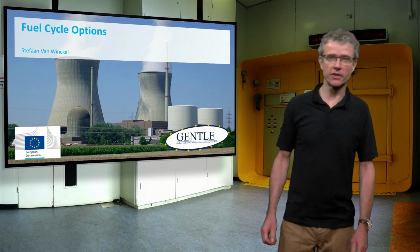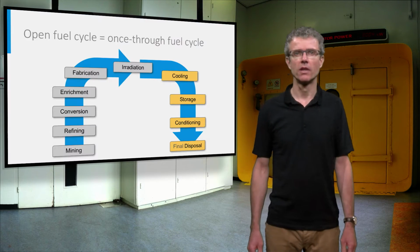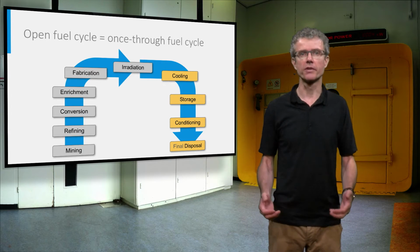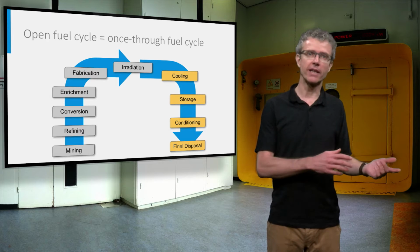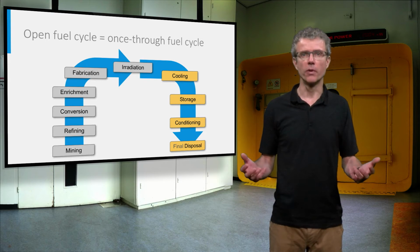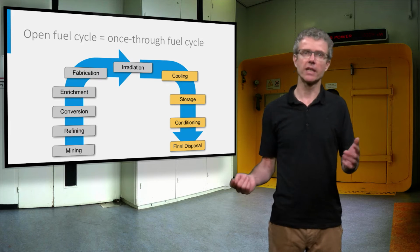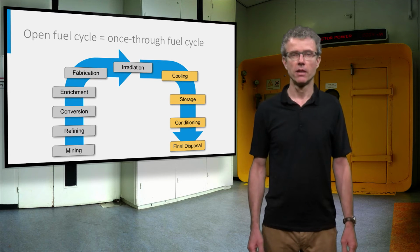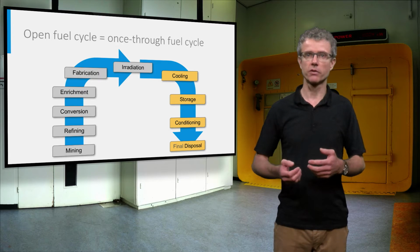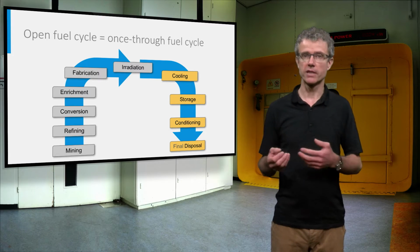Now we will discuss different fuel cycle options. So far, we have discussed all steps in an open or once-through fuel cycle, from mining till final geological disposal. It is called an open fuel cycle, as there is no link back to the fuel cycle. But the cycle can be closed when the spent nuclear fuel is not regarded as waste, but as a valuable